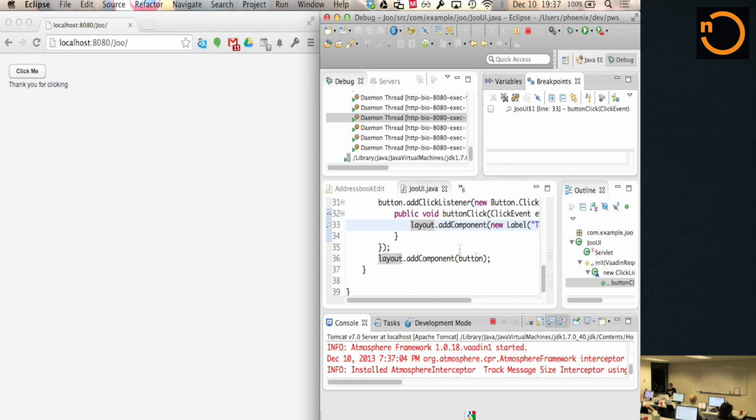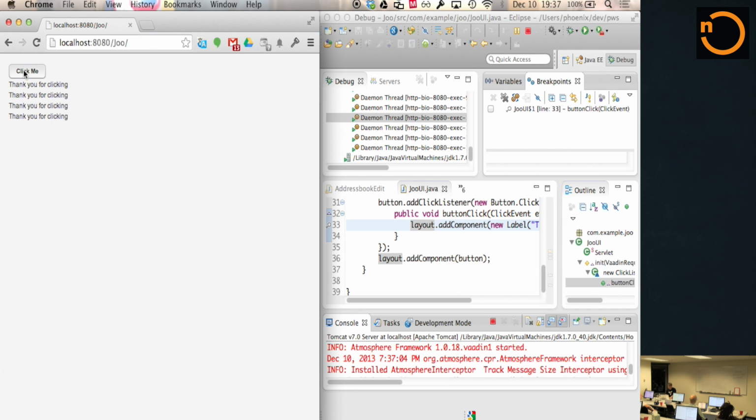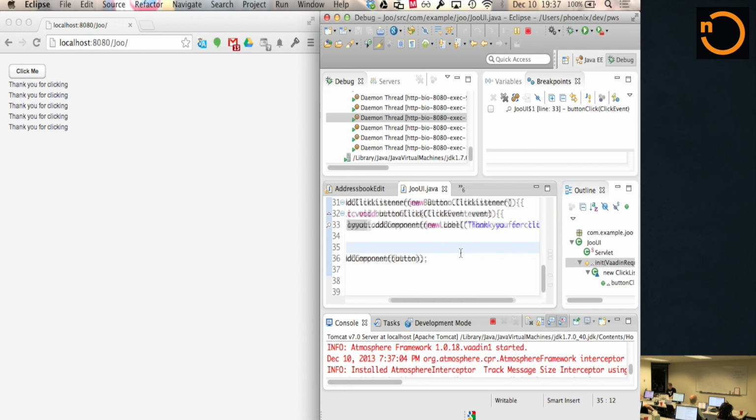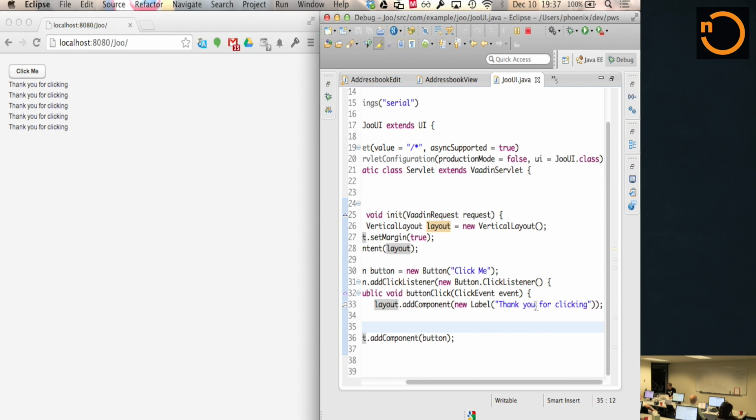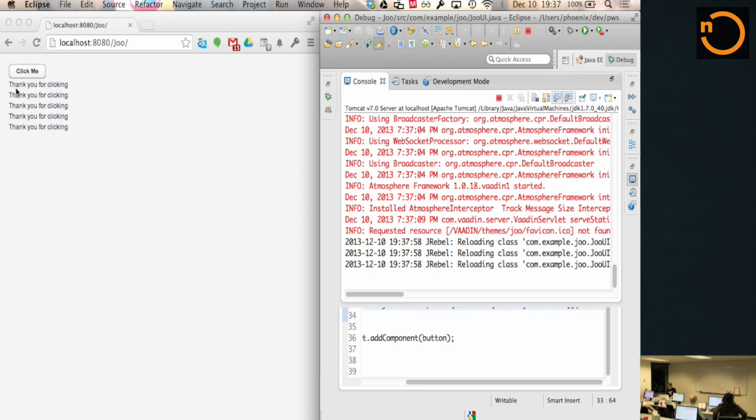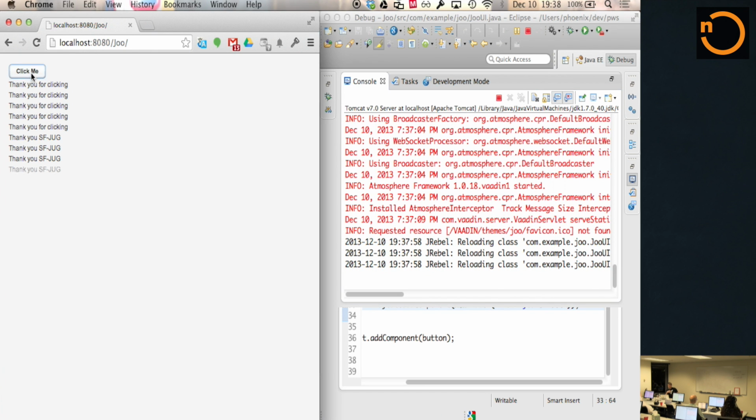Another thing is that you can modify the code. So let's see, now I'm saying thank you for clicking. Let's see, thank you, save, and continue clicking over there, and it automatically updates. So the cycle for developing is pretty fast. You can go back and forth between the code and web browser easily. And